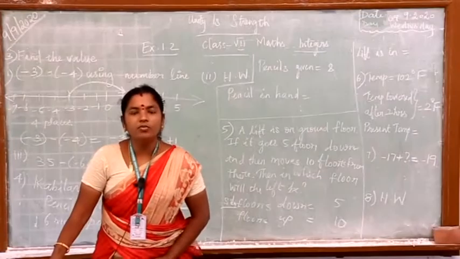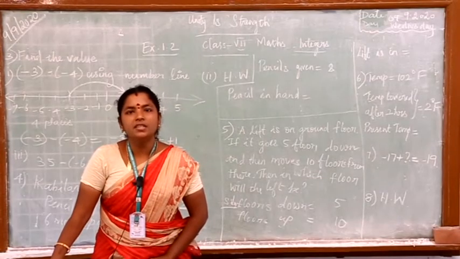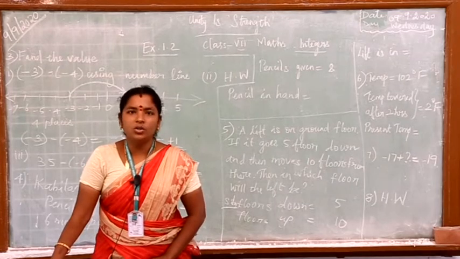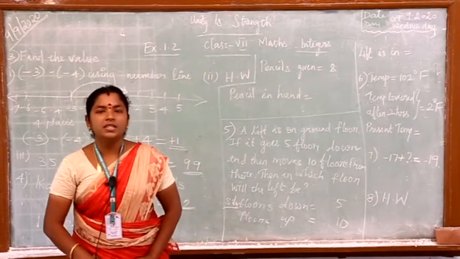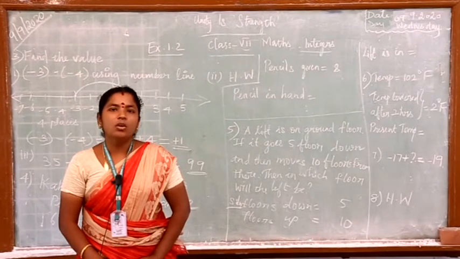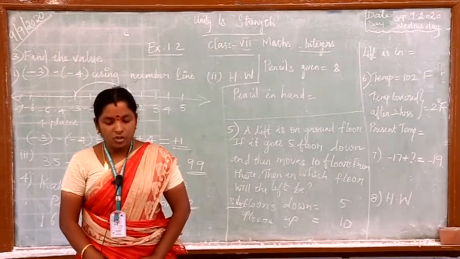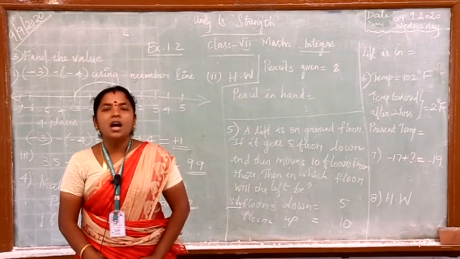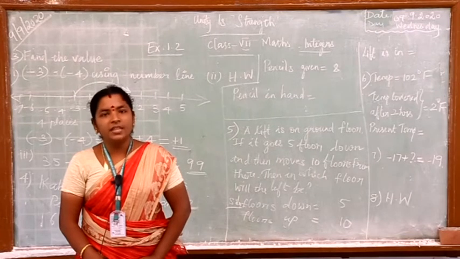So, now we will be going for the class 7th mathematics. 4th session of the class, exercise 1.2 continuation. Before going for this exercise, we had asked one question in the previous class: which subject is called the queen of mathematics? Everybody had guessed the answer, I think. It is nothing but our mathematics. Our maths is called the queen of sciences.